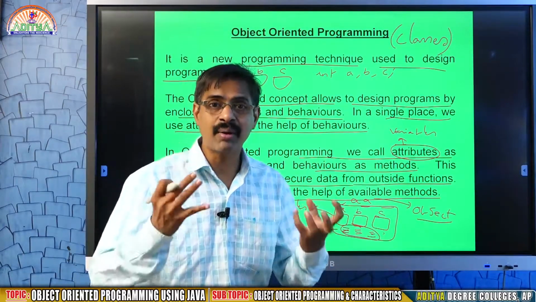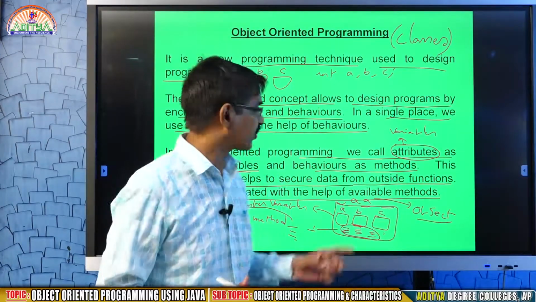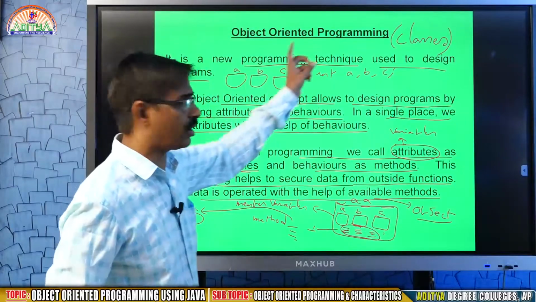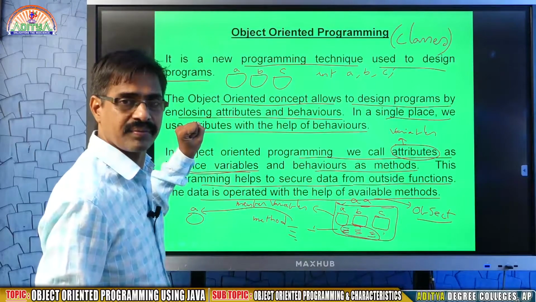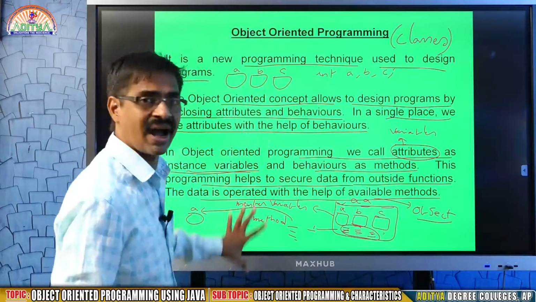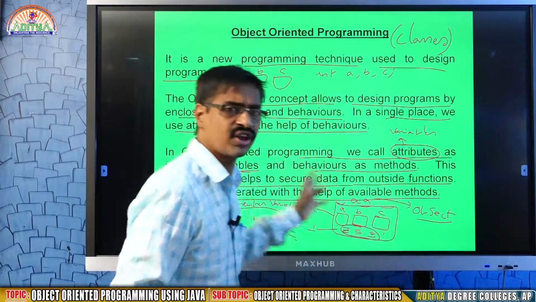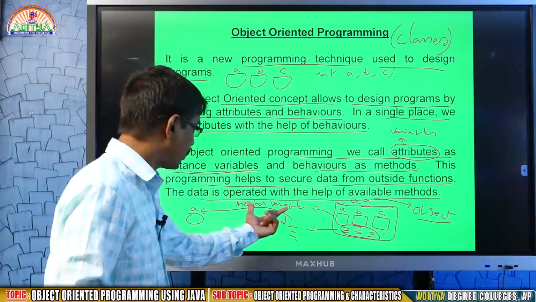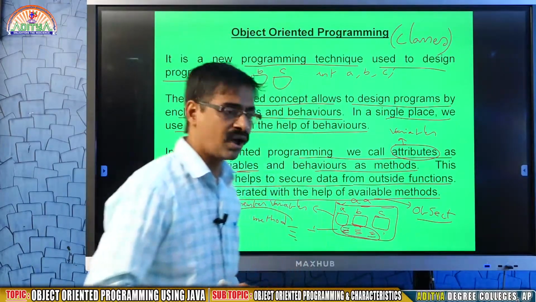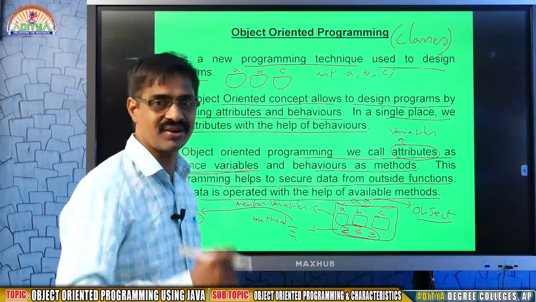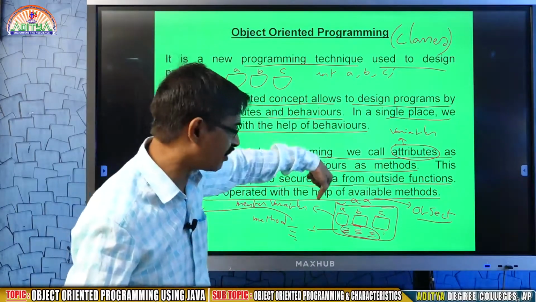This is called real-time objects. What you are seeing around you, everything is a real-time object. Just see this computer. The resolution, the width, the height, the colors, the buttons, everything is called properties or member variables. What are the methods? When you switch on your computer, how it starts, that is a method. Methods are nothing but behavior, programs that are available inside.